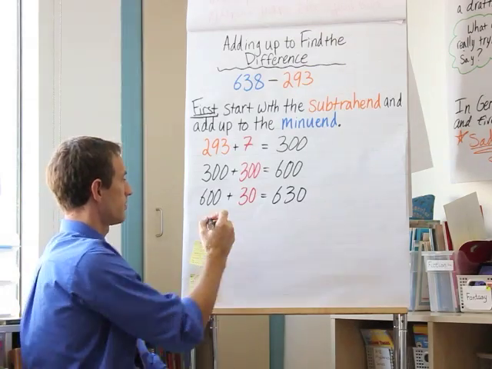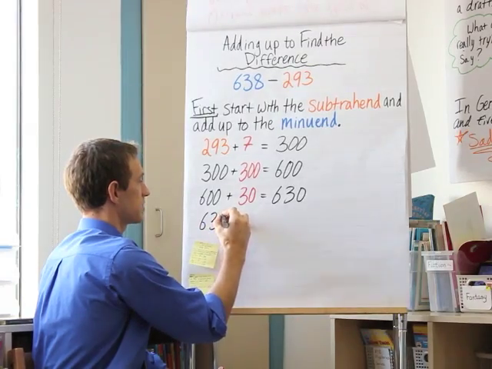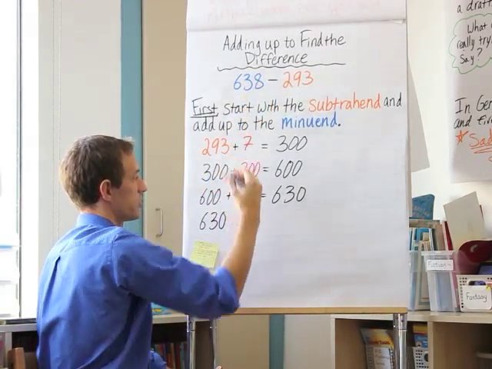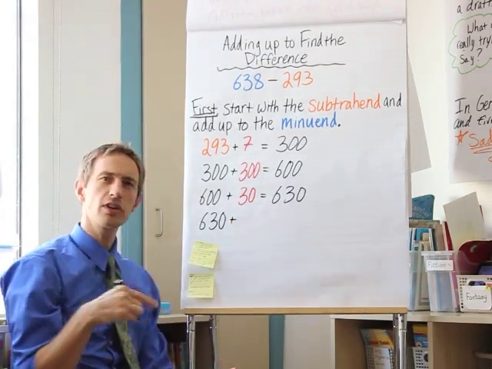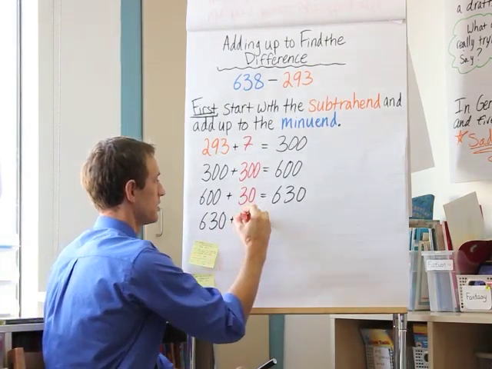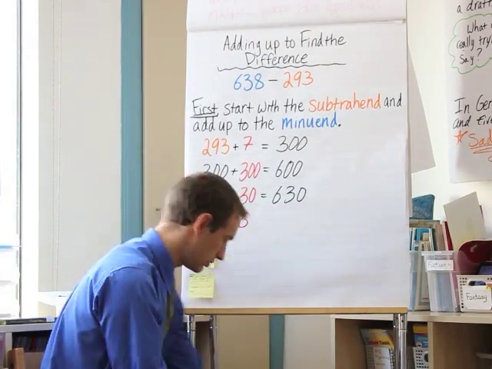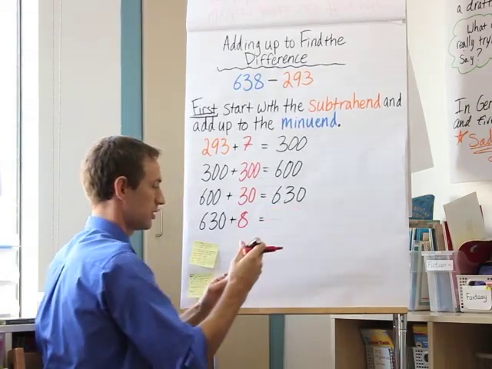And I'm going to continue adding till I get to 638. What do I need to add now? 630 plus 8. I need to add 8 to get to